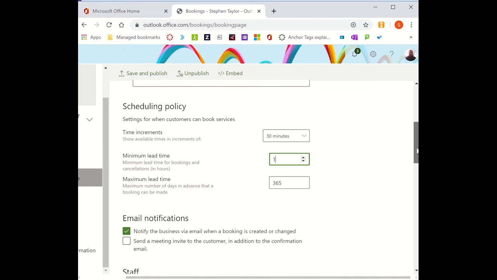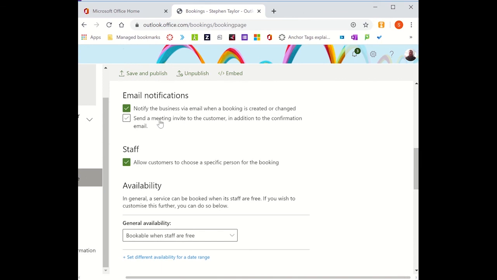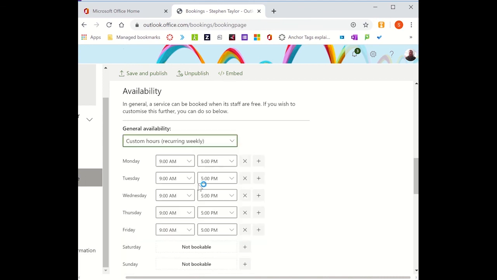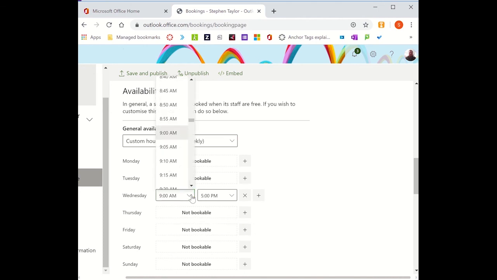And maximum lead time, we don't need to worry about that. We want to send an email notification to us when we've got a booking created, and a meeting invite to the customers as well, so tick that. On staff, if you are working as a curriculum manager and you're making this for every one of your staff, you might want to keep that as a tick. Otherwise, untick it. General availability, you can set it when staff are free, or you can put custom hours. So if you want to have yourself available for these meetings every week on a Wednesday afternoon, we'll take out Monday, Tuesday, Thursday and Friday, and we'll set Wednesday to 12 o'clock